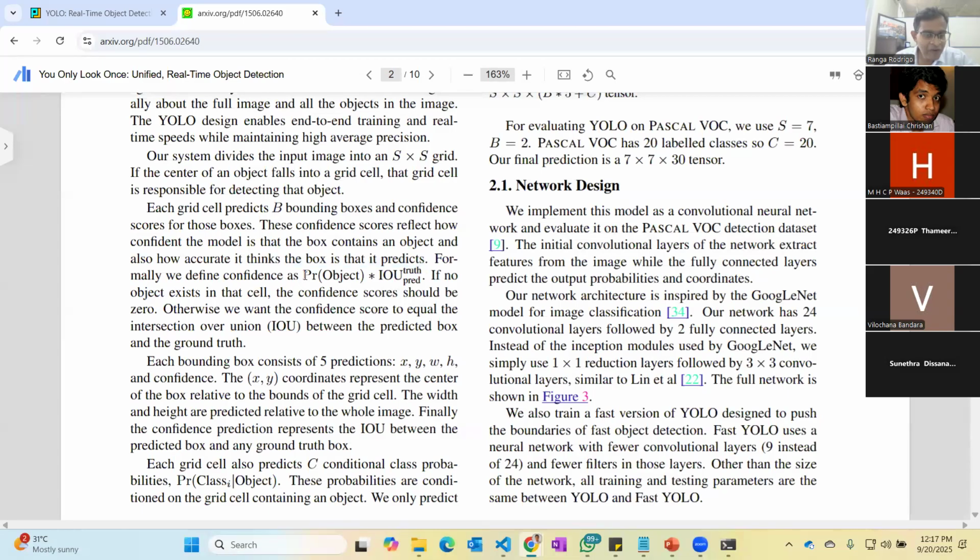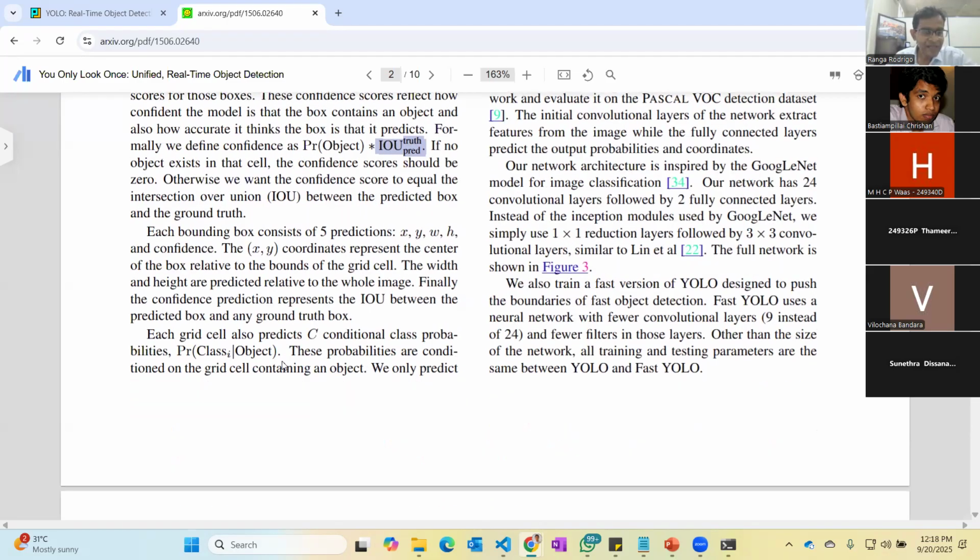Formally, we define confidence as probability of object times IOU with the ground truth. So you can see the object prediction can overlap with the ground truth up to a certain extent, right? We measure that using the IOU. If no object exists in that cell, the confidence score should be 0. Otherwise, we want the confidence score to equal the intersection over union between the prediction box and the ground